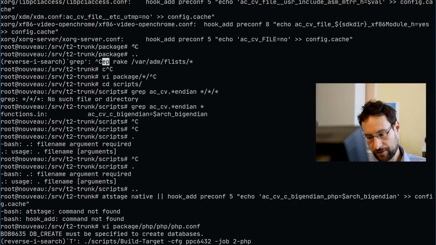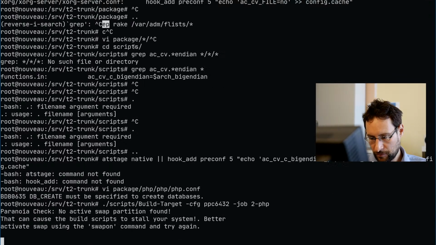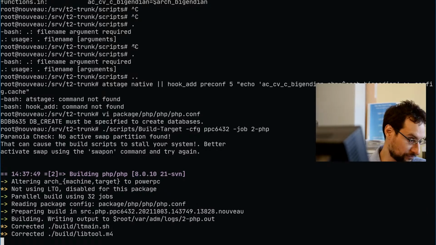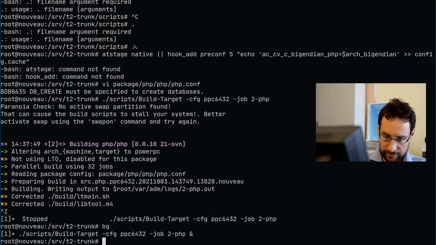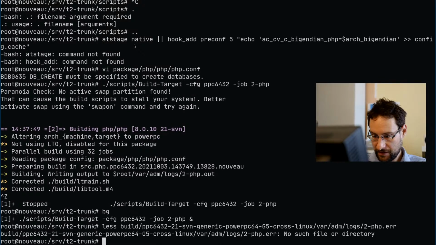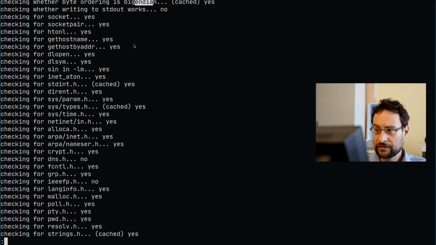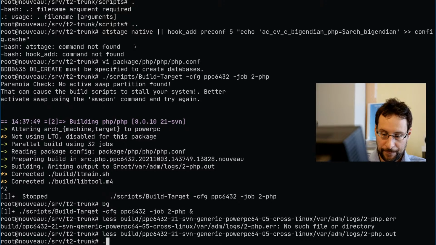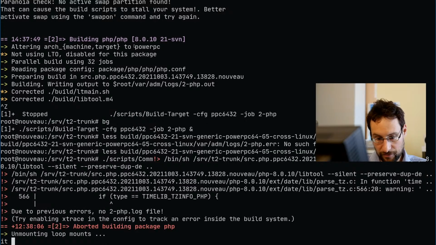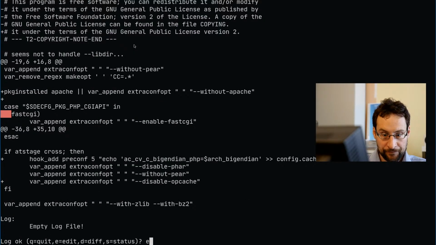Again, this opcache probably, all of them probably could be tweaked to work, but that is something for another day. Just wanted to do a little bit of maintenance here. And so big endian, let's see if that cached, yes, so that works as expected.